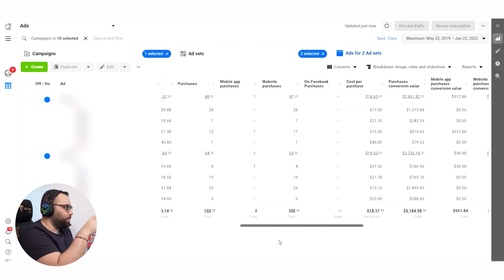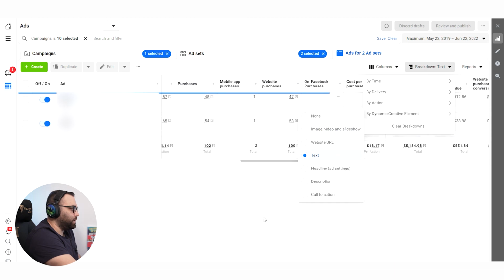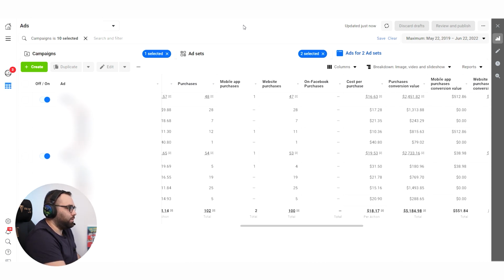So start with 10, see with this narrowing down what is working better, do exactly the same thing for your text and see what kind of text is actually working better and what doesn't, okay? And then you can just create your new ads like you did before, but with fewer options in terms of the creative. And just let me know in the comments if it's working better, because at least for me it's working better. So I'm curious to see if it's working well for you also.